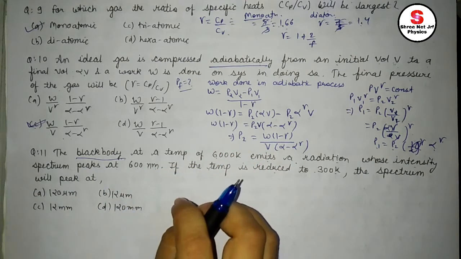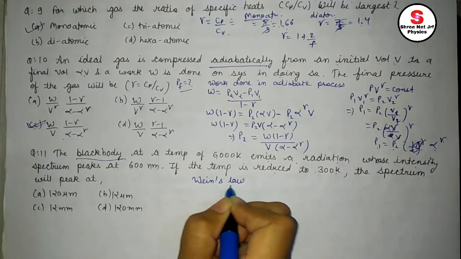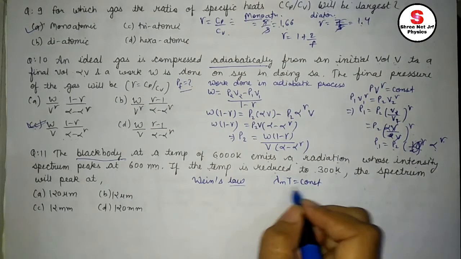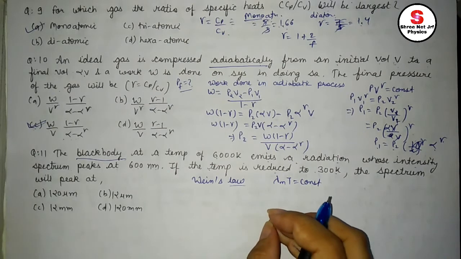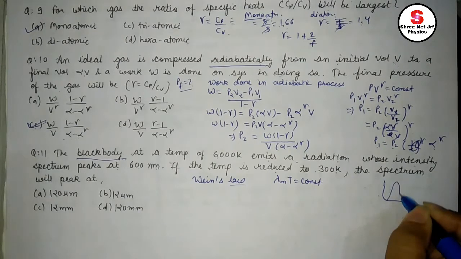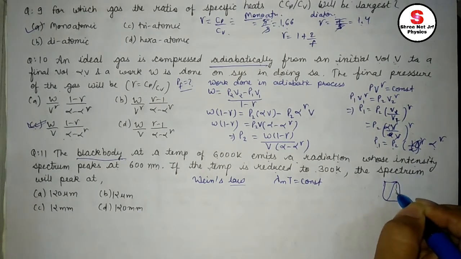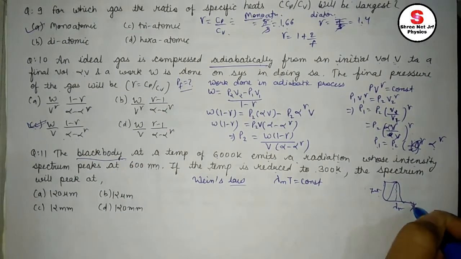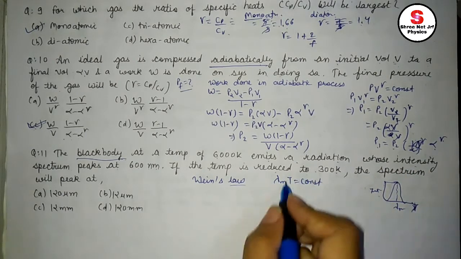So I am directly using Wien's law for a black body. What we know is lambda_m T equals a constant. What is lambda_m? It is that value of wavelength where the energy density, or I must say intensity, has a peak. In this curve, that value of lambda where the intensity is at its highest is called lambda_m. Here I take intensity, here lambda, at different temperatures. This graph is plotted. I am not explaining it again, we are just using this result here.